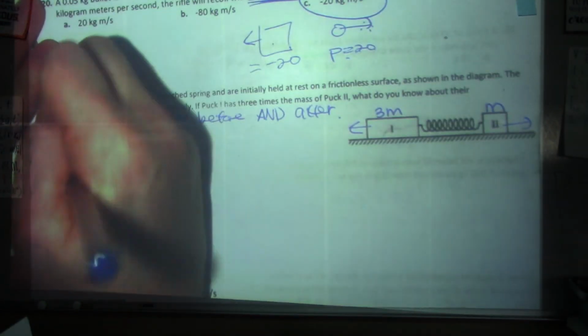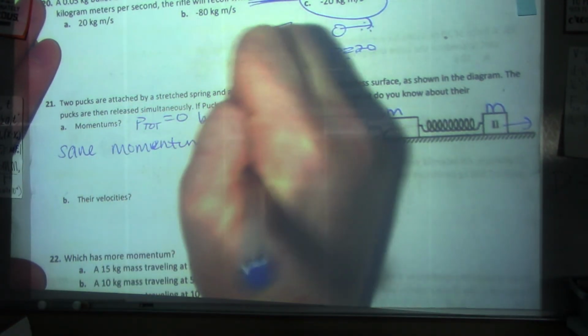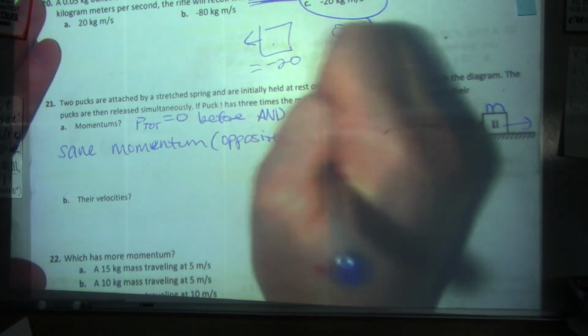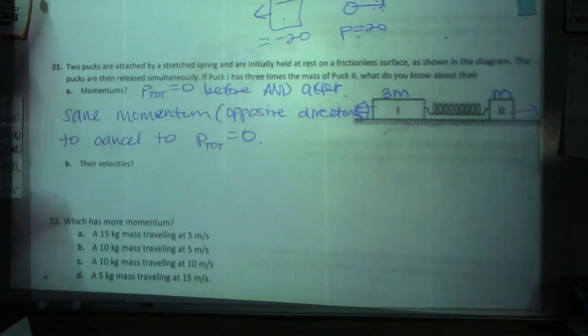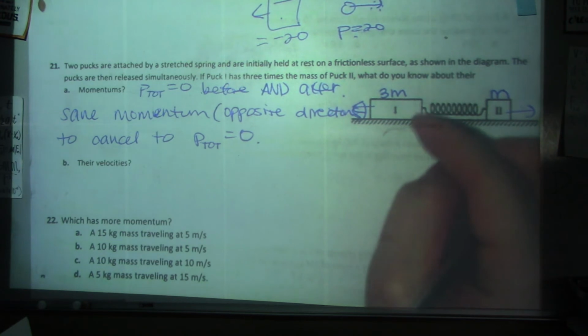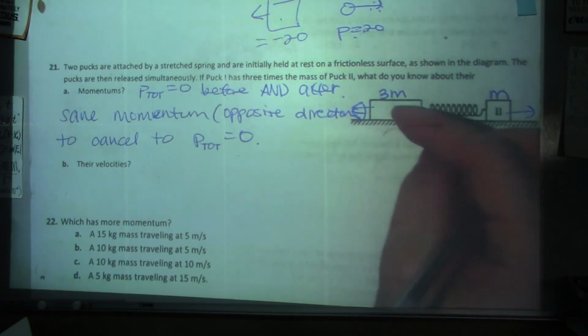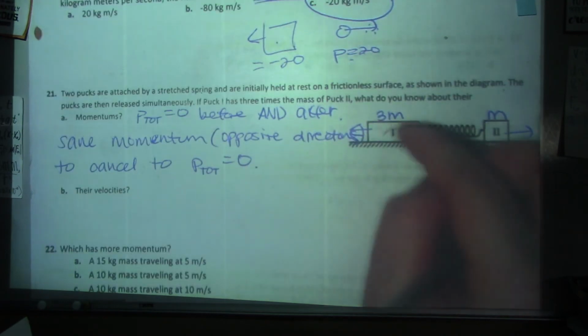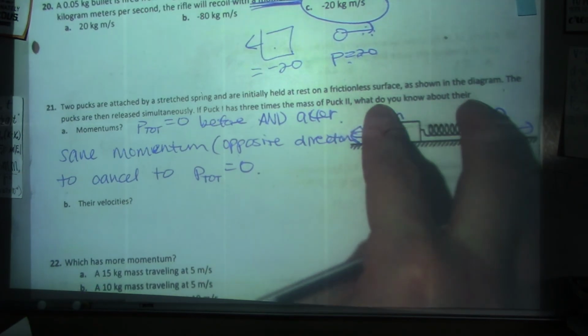So they have to have the same momentum, but in opposite directions, to cancel to P total equals 0. Now some of you are sitting and looking at number 1, you're like, but it has more mass. How come it doesn't have more momentum? More mass only means more momentum if they're the same velocity, which they are definitely not,